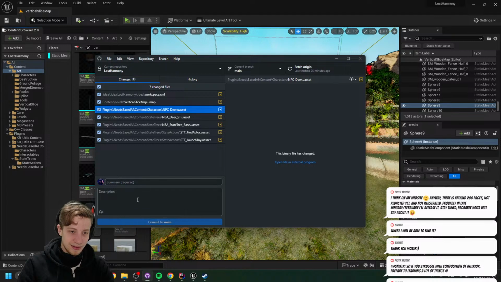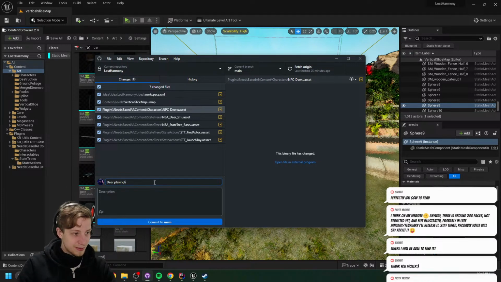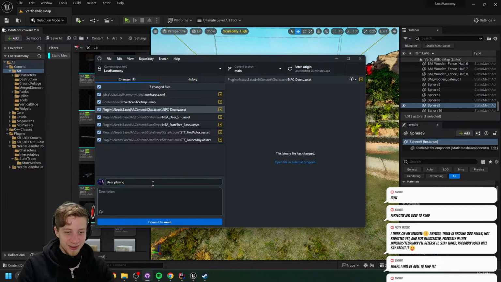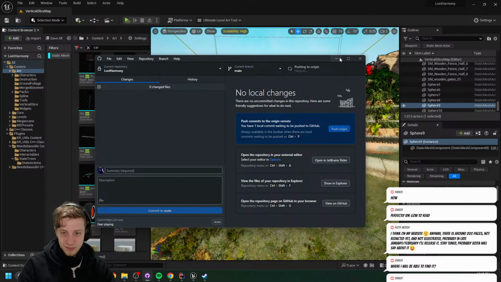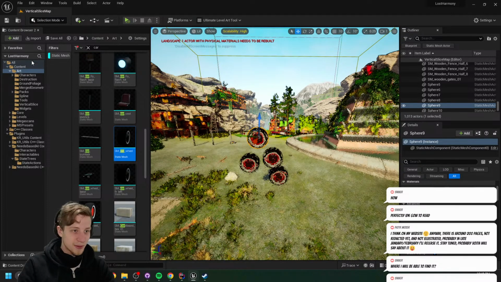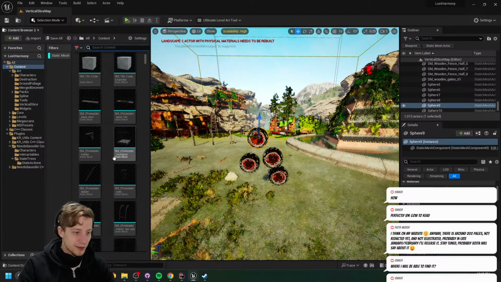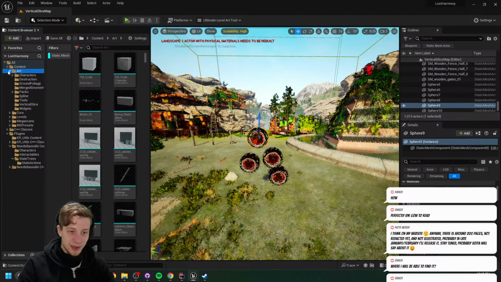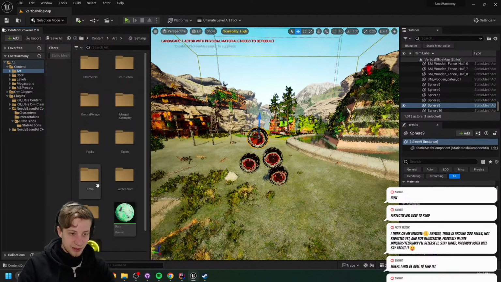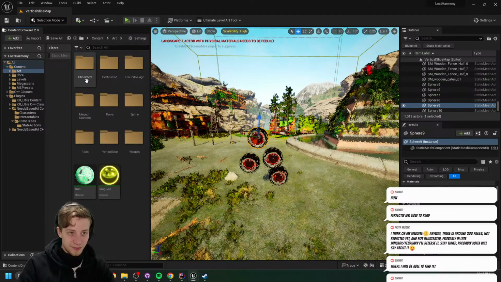Okay, let's sync this. So this is gonna be a deer playing. Exactly. We need to read it out for Sneaker. He is not a fan of reading. I can mail. You know what? While I'm at it, let's do the physics materials because it's gonna make it a bit more fun. What's the time? 48. I've got like 10-20 minutes and I'm gonna disappear. But that's how it is.